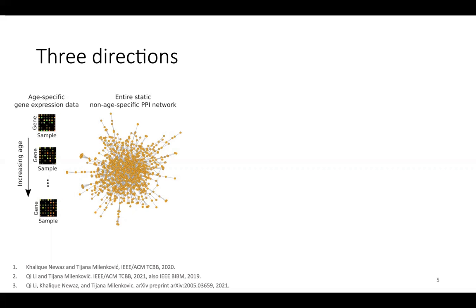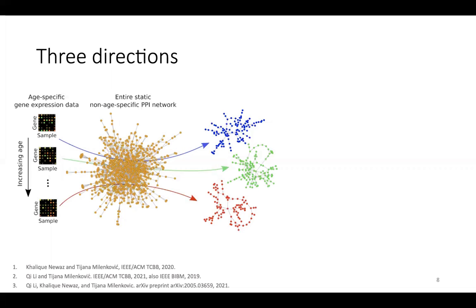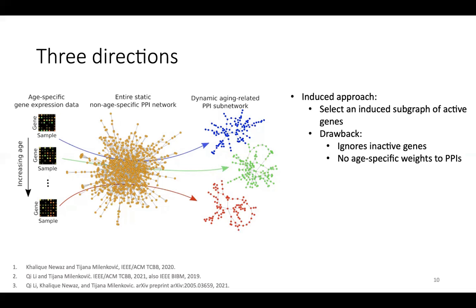Hence, recent approaches integrate the two data types to first create an age-specific PPI subnetwork for each age. Then, because aging is a dynamic process, they treat the collection of age-specific PPI subnetworks as a dynamic aging-related PPI subnetwork. Finally, they use the dynamic aging-related PPI subnetwork to predict aging-related genes. However, all of these approaches use the concept of the induced approach to create an age-specific PPI